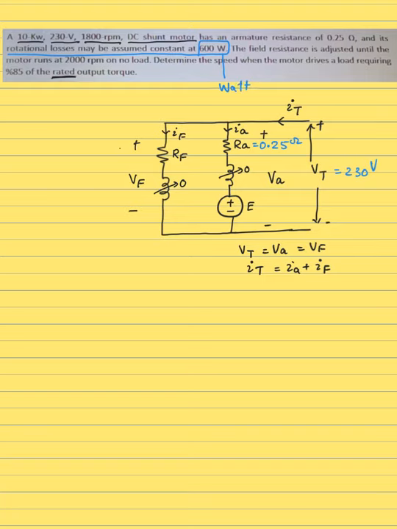The field resistance is adjusted until the machine runs at a no load speed of, so you're given N no load as 2000 RPM. So what happens under no load? First we need to understand. At no load, the machine does not drive any load, which means at its shaft it does not provide any torque. So the overall torque developed by the machine is going to be only the loss torque. Because